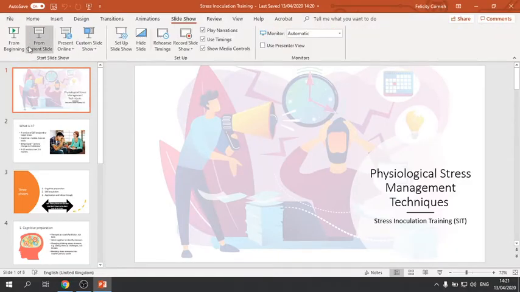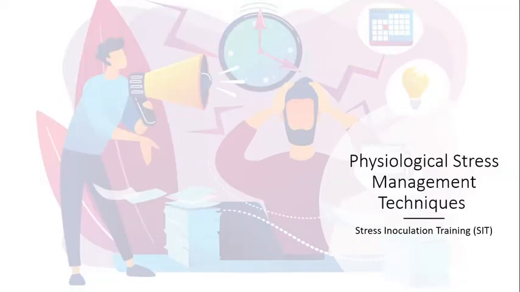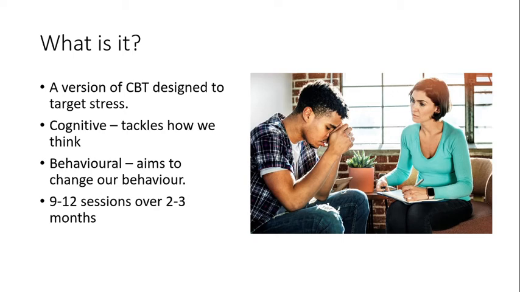Right, this is Applied Psychology BTEC. This is the content for Unit 3, content area C2, where we're looking at treatment and management of addiction and stress. And in this particular lesson, we're still looking at physical ways to manage stress, and this particular one is about stress inoculation training. What this basically is, is an adapted version of cognitive behavioural therapy, which is designed